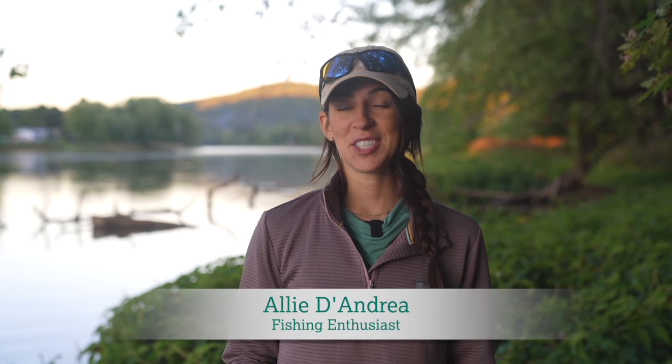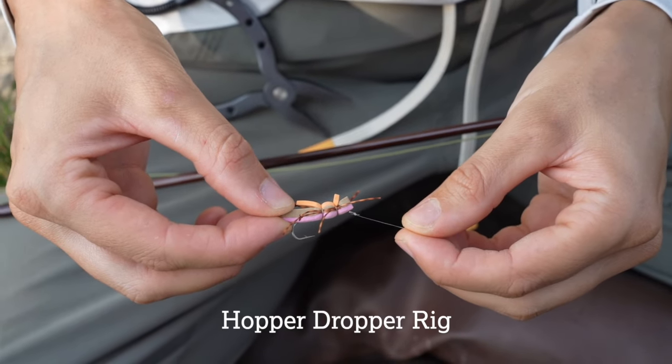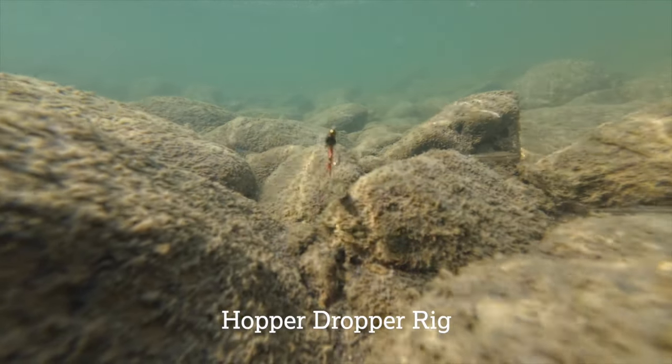If you're new to fly fishing, one of the most effective and straightforward rigs to use is the hopper dropper. This setup combines an attractive and buoyant dry fly along with the underwater action of a tiny nymph. It's an excellent choice in various water conditions, and for that reason, I believe it should always be an option in your fly box. So here's a quick guide to help you understand how to set up and use the